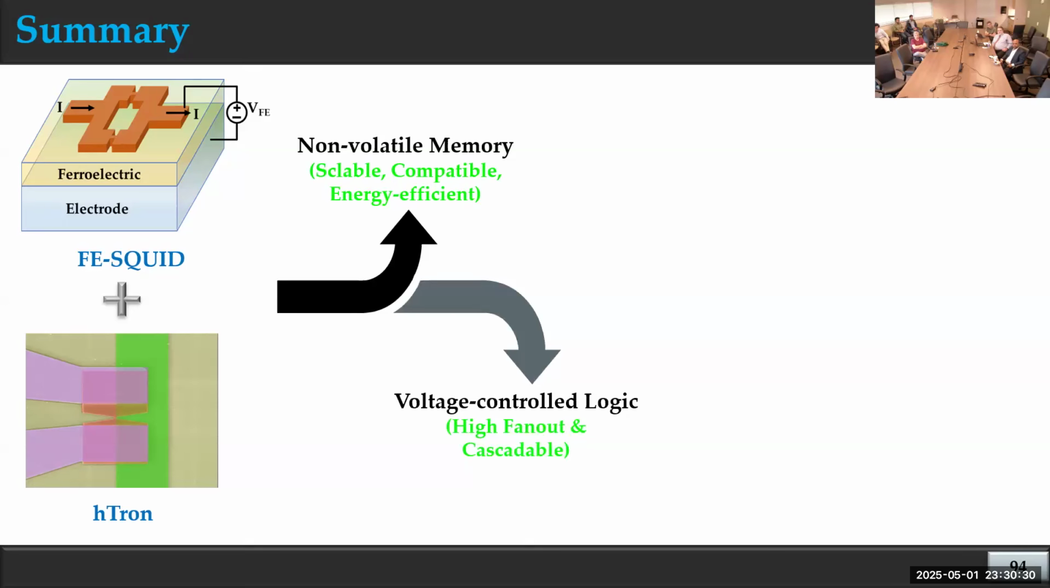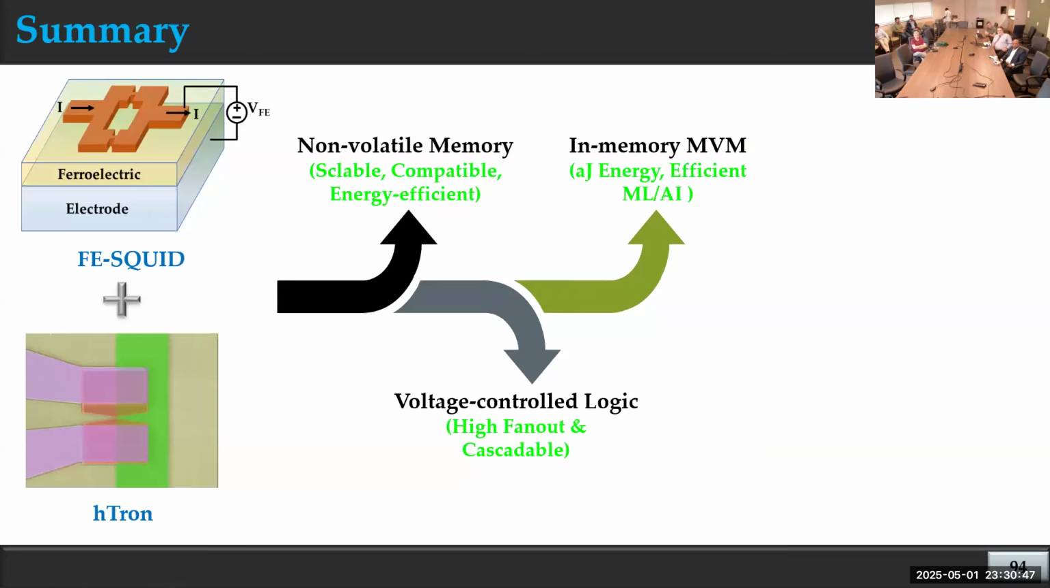We also designed a voltage control logic circuit, which gives you higher fan out and better cascadability compared to the existing current control logic circuits. We also designed an in-memory matrix vector multiplication system where we only need attojoule of energy to perform 1 bit of matrix vector multiplication, and that can be useful for the implementation of machine learning and AI algorithms at cryogenic